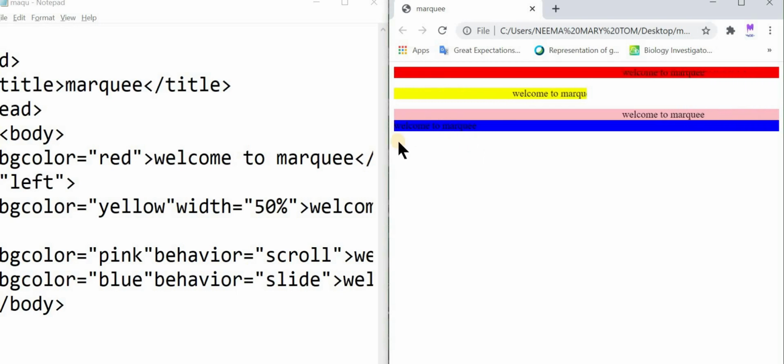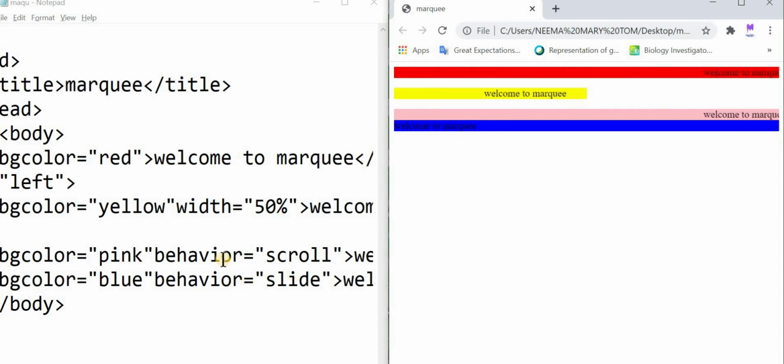This position it will stop. It will end its scroll movement. So that is sliding. The text will move from right to left, and it will stop at the left side. So that is the slide value of the behavior attribute.